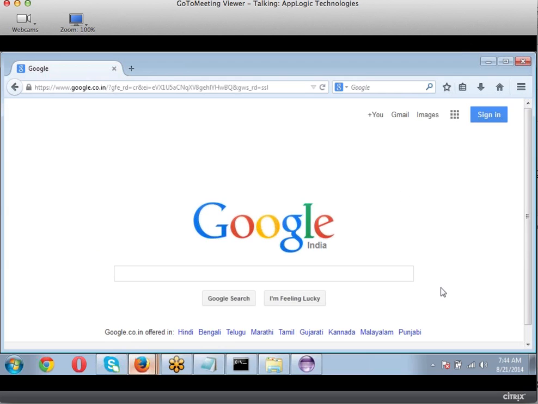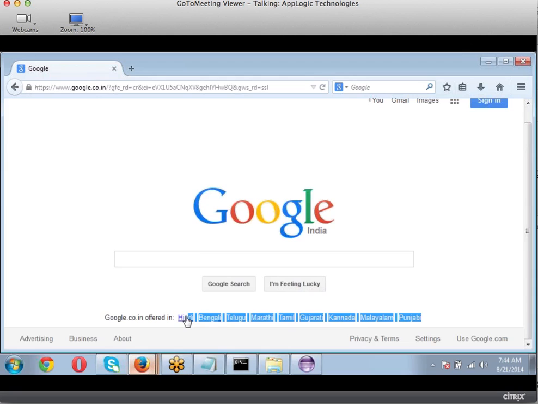And I can see inside my Google India page, I see these links: Bengali, Telugu, Marathi, Tamil, Gujarati, all that. I want to grab those links and see whether I'm getting the links properly or not. I want to test them. I want to test the Google India page. I want to test the links. So for grabbing these links,